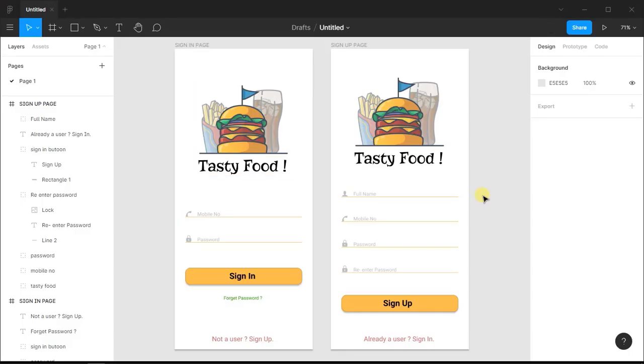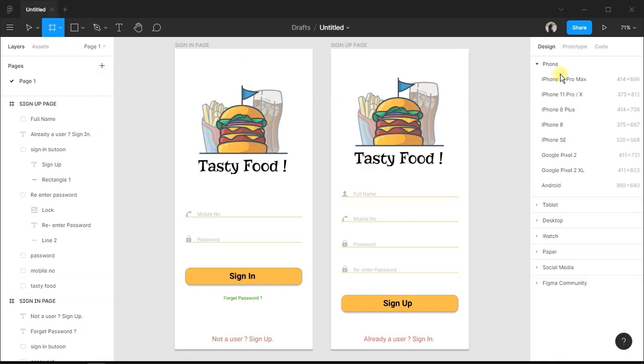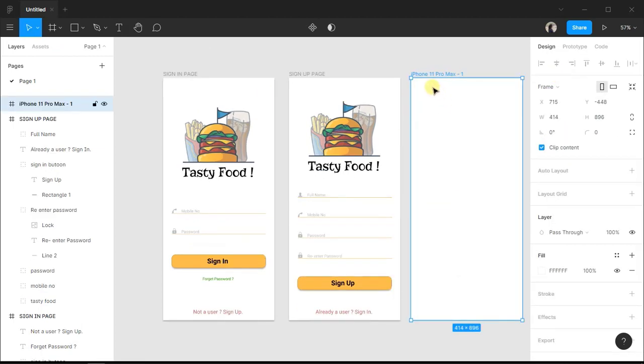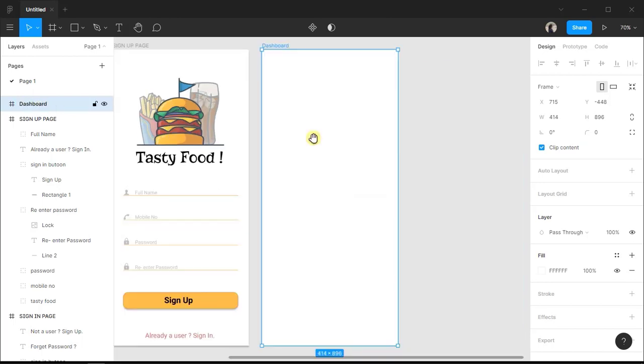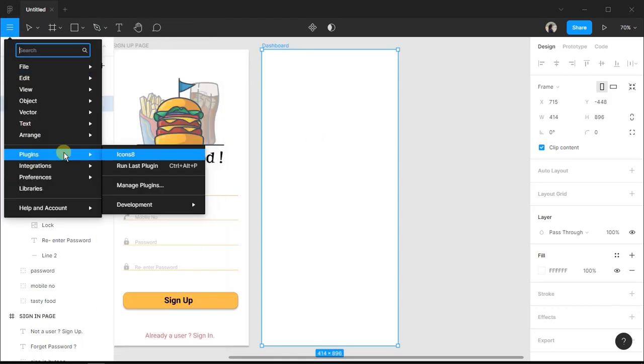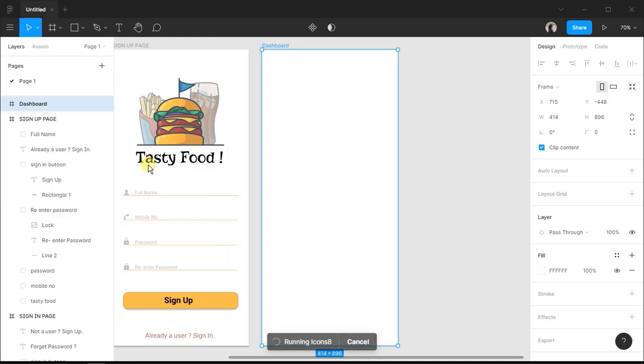So in the last video, we designed the sign-in page and sign-up page for our mobile application, which is online food delivery. Now in this video we will create a dashboard page. So for that, let's take a frame and rename it with dashboard. Cool. Now we need a menu icon, so from the plugin section, open the icon set plugin,